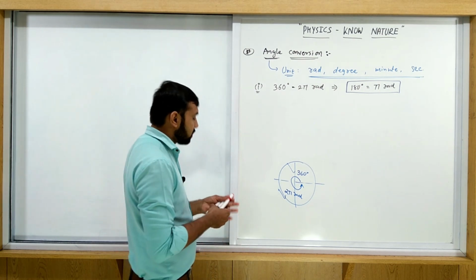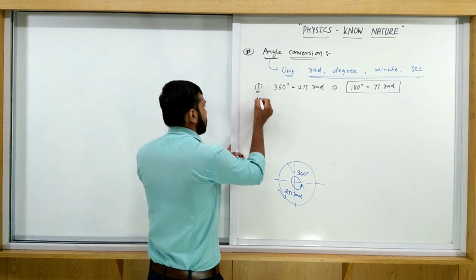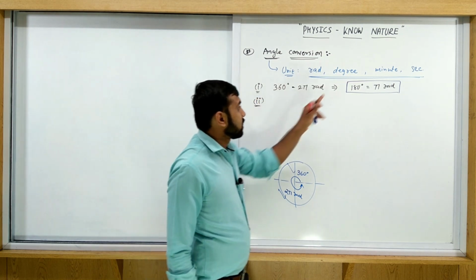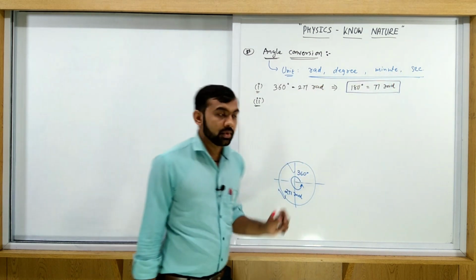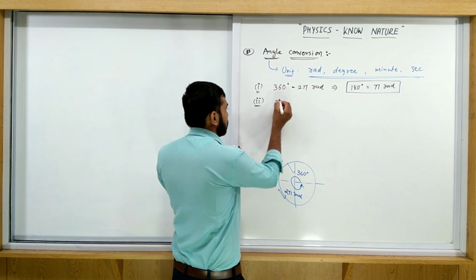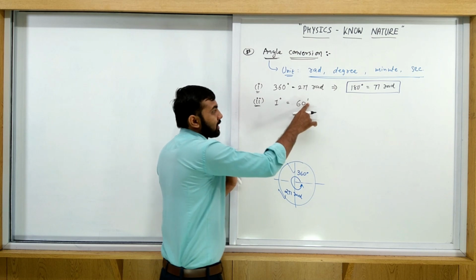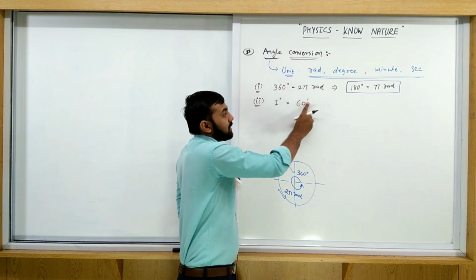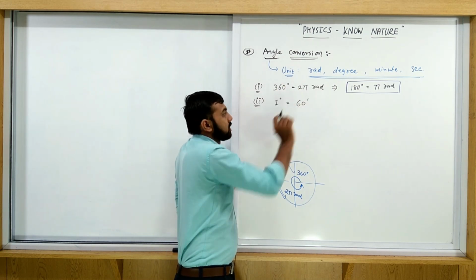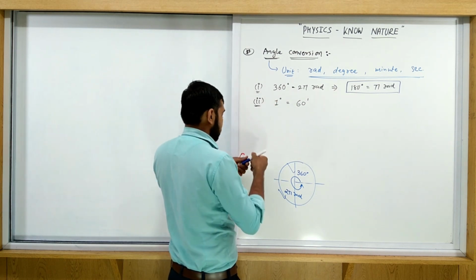Now the second relation. All of you must remember the second relation also. What is the second relation? The relation between degree, minute and second. 1 degree is equal to 60 minutes. It is represented like this: 60 dash, where dash means minute. 1 dash means minute. So 1 degree is equal to 60 minutes,